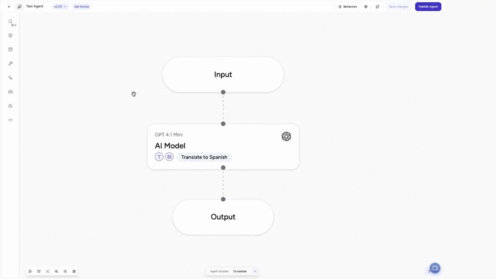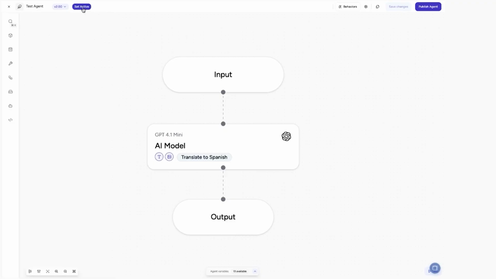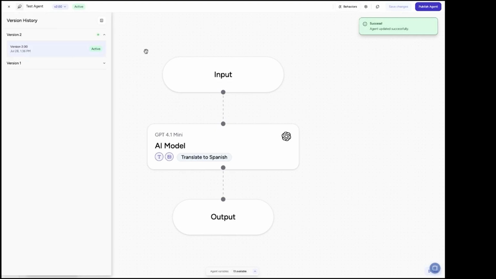The final thing to note is that the agent that actually runs is the one marked as active. When I check the version history, I see that version 1 is still the active version, but I want version 2 to be the one that runs in the catalog. To set the agent as active, I simply click the Set Active button. Now, I can see that version 2 is the active version of the agent that will run when a user